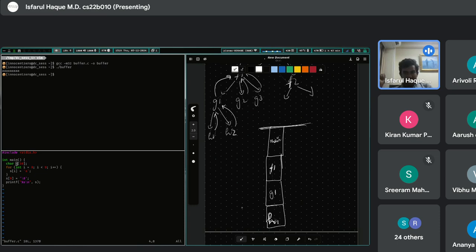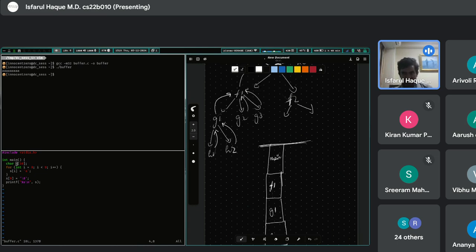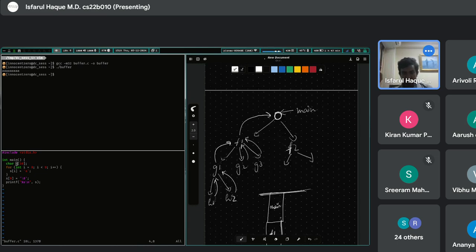Now that H1 is there on the stack, and we are done with H1, we want to go to H2. So what we do is pop. Removing an element is called popping. We pop H1 from the stack and push H2 on the stack. So this so far is clear, right? I am assuming yes. If you have any doubts, just ask me. So far, if anything is unclear to you,